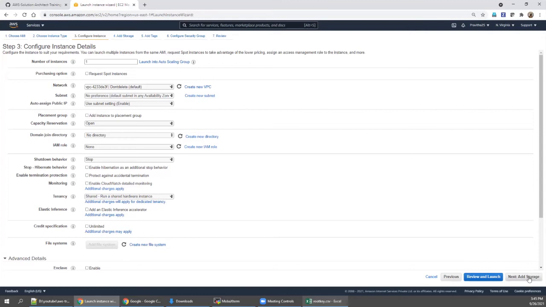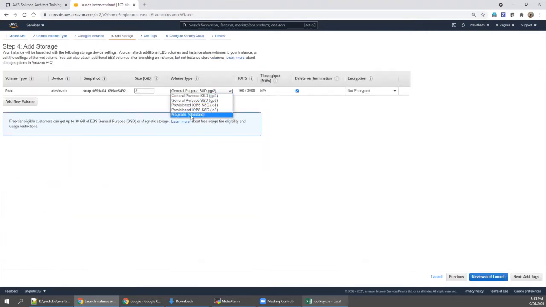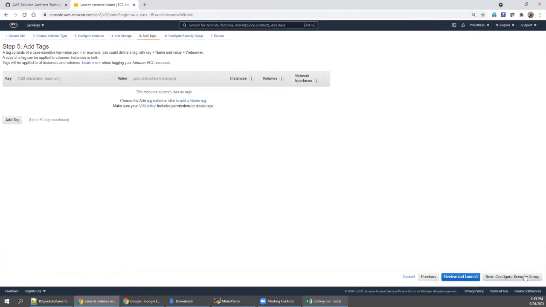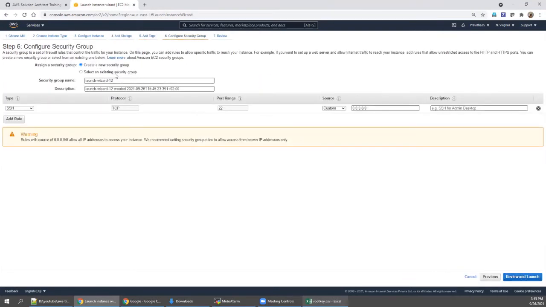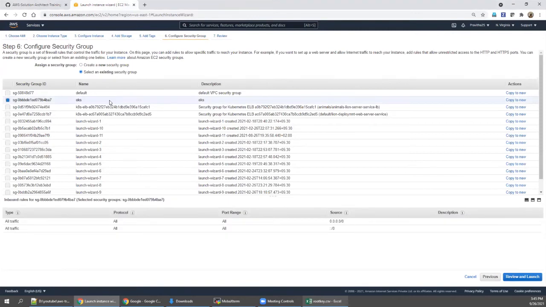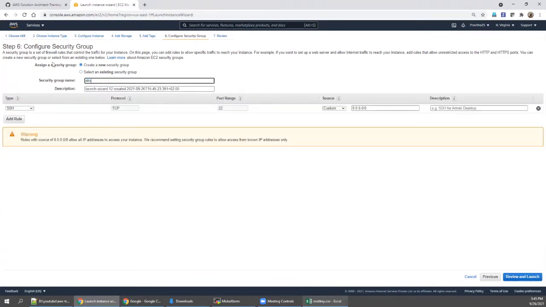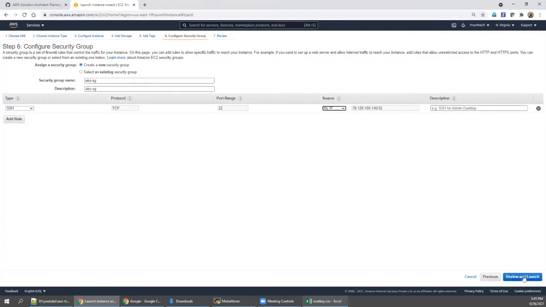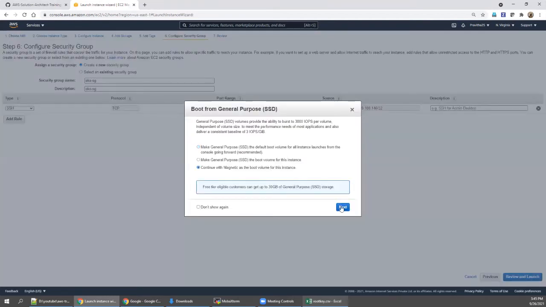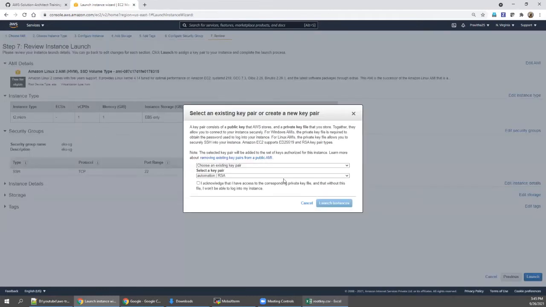I'm just going to say add storage, and I want a normal disk. For the security group, you can go with any security group which has port 22 opened. So I'm going with port 22, the EKS security group, and for my IP, say review and launch, then launch it.